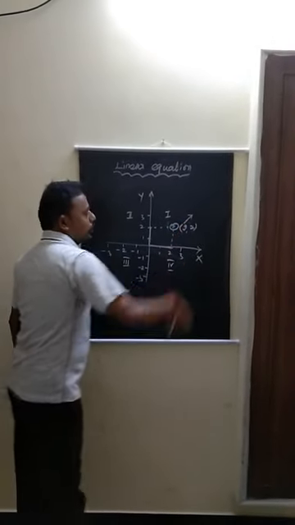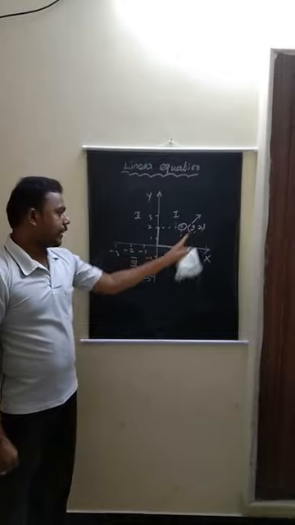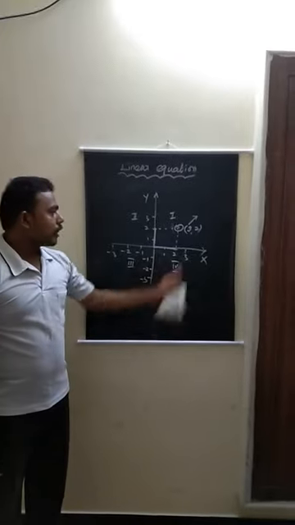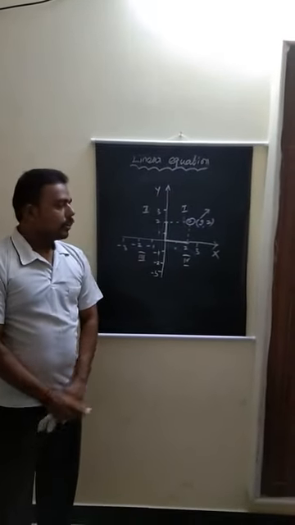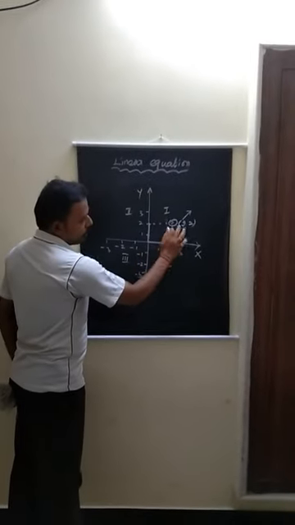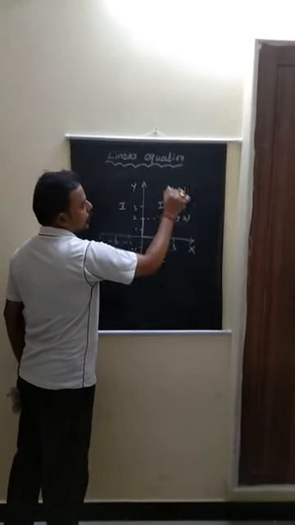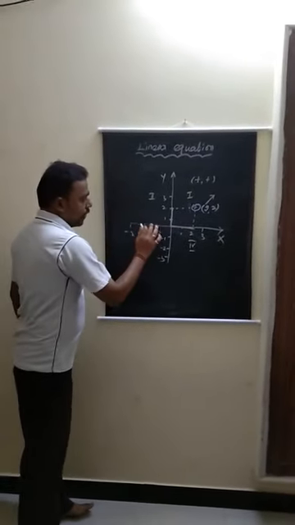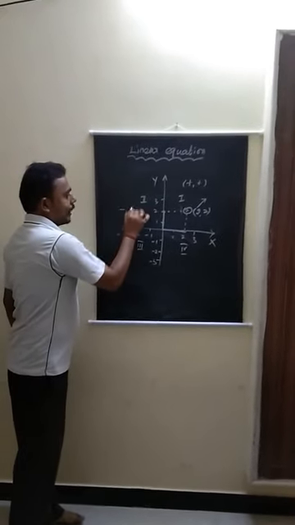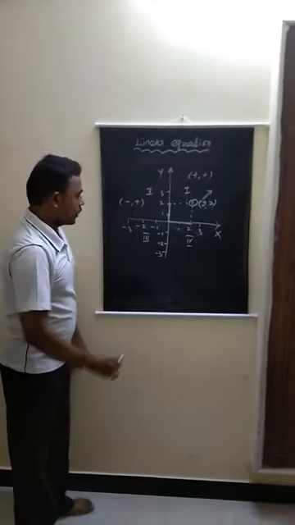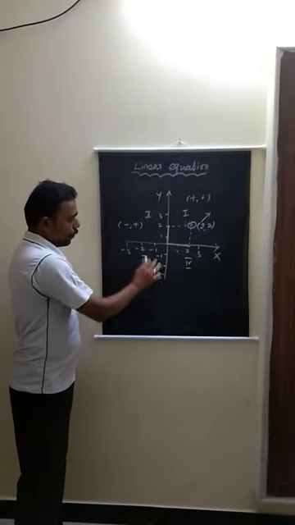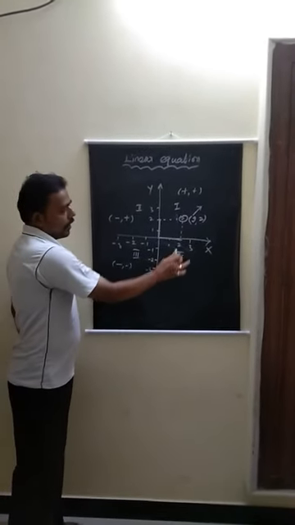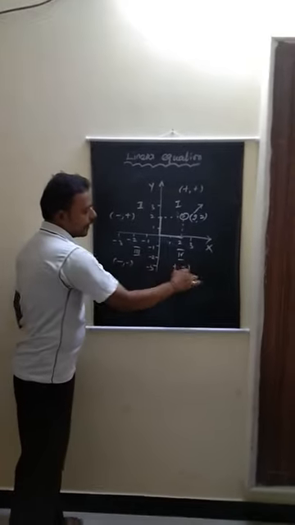The names are, the x coordinate length is abscissa, and the y coordinate is ordinate. The combined form is coordinate. So here check your values, both are positive. So here positive, positive. And come to the second quadrant. X value negative, but y value positive. So negative, positive. And similarly come to third one. X value also negative, y value is also negative. So negative, negative. Then come to fourth quadrant. X value positive and y value negative.